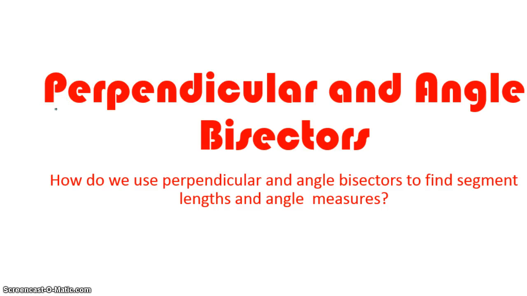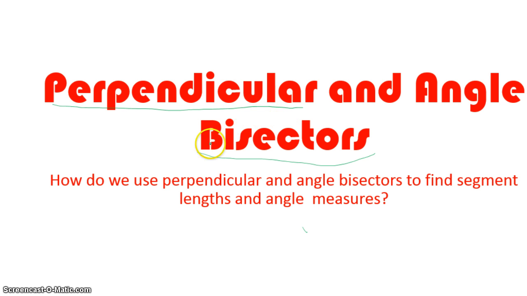Right, we're going to move on to a new section. What we're going to talk about are what we call our perpendicular and angle bisectors. You are familiar with what a bisector is. You know that an angle bisector would split an angle into two congruent angles. And if we had a perpendicular bisector, you know then that you are going to be working with a right angle. So when we talk about the perpendicular bisector, we're talking about where your bisector hits your line segment at